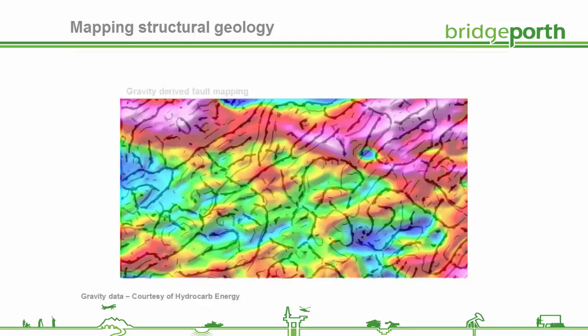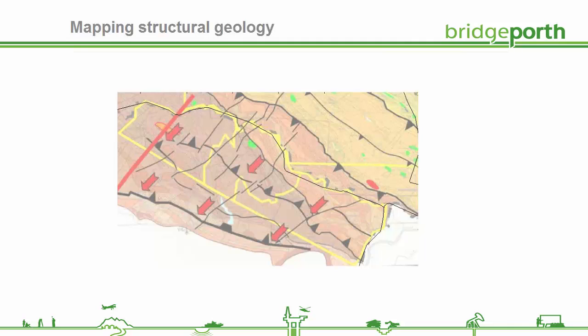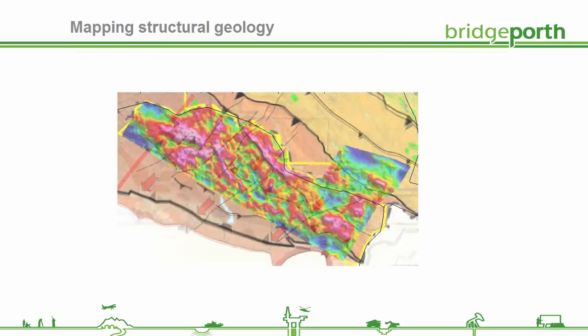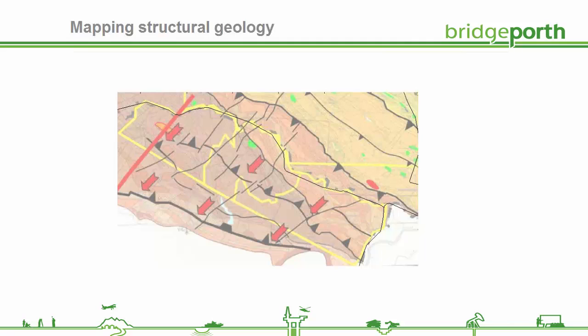Here we have a thrust area that's been mapped to a relatively simple standard really in terms of picking out the main thrust, the main offsets, lateral ramps, etc. If we overlay, this is actually some FDG data that was acquired over this area, and what you see with those red features on the FDG is the anticlinal features of thrust fronts. And hopefully you can see that there's a lot more information in that data set than is in that initial interpretation map. So what we're able to do is go through and firstly map the main features